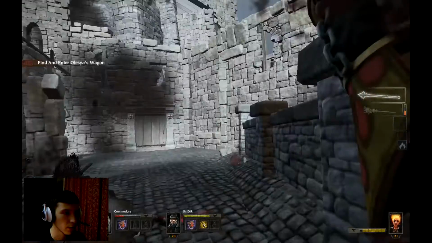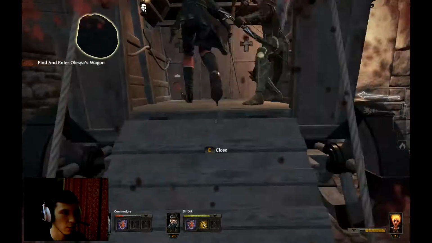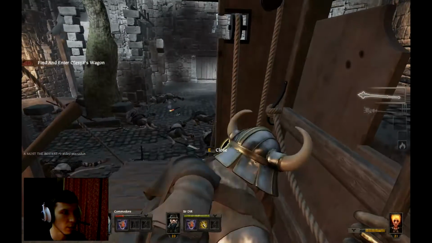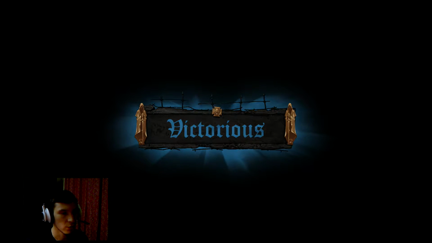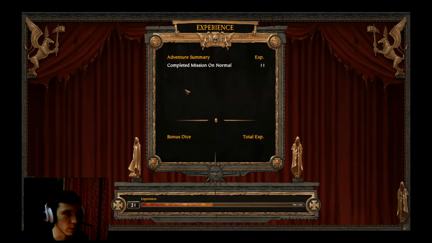Next one. So we're almost done with this mission. And get in here. Okay. Now we're done. So now we are victorious. We ended this mission. Throughout missions we completed some objectives such as collected tomes,